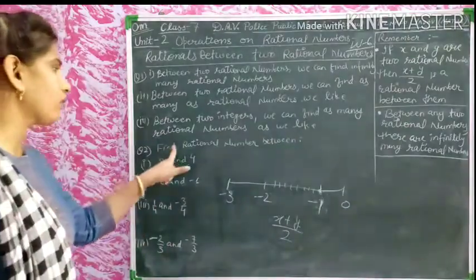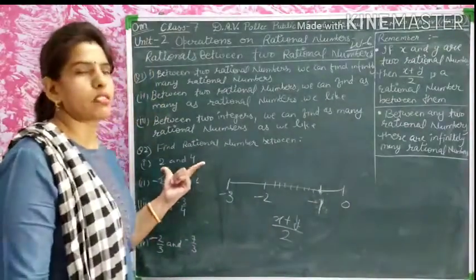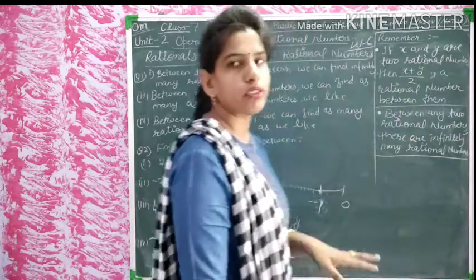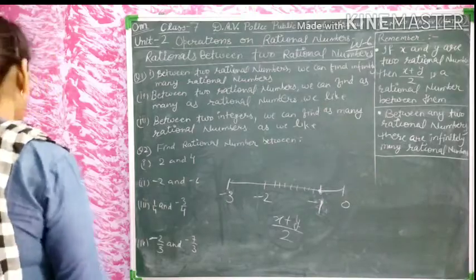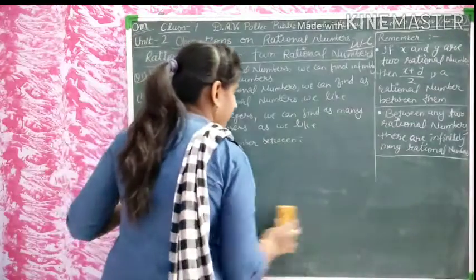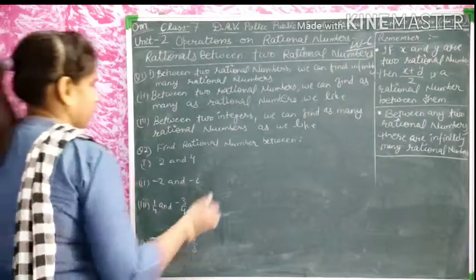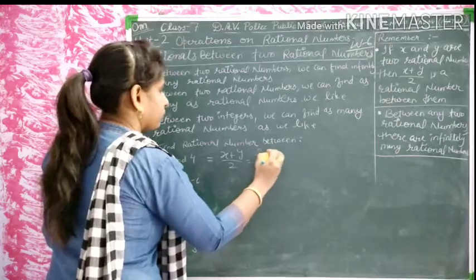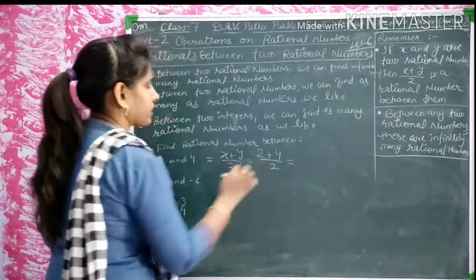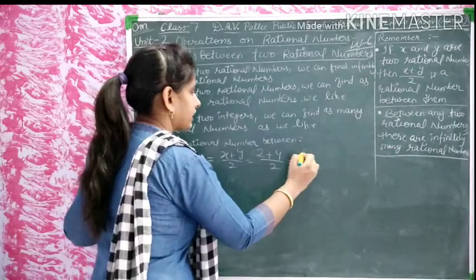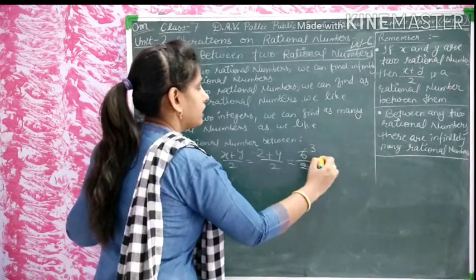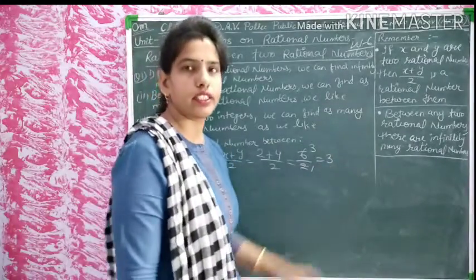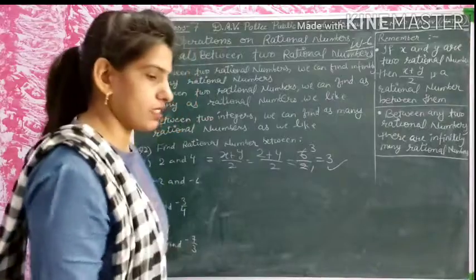In question number 2, find a rational number between two rational numbers. So we have the formula, x plus y by 2 is a rational number between these two numbers. There are two numbers and we have to find here the rational number between these two numbers. So let's see here, x plus y divided by 2 equals 2 plus 4 divided by 2. This gives 2 plus 4, that is 6, divided by 2, and 2 threes are 6. What is the number between these two numbers? That is 3 here. Is this clear? This is the answer.